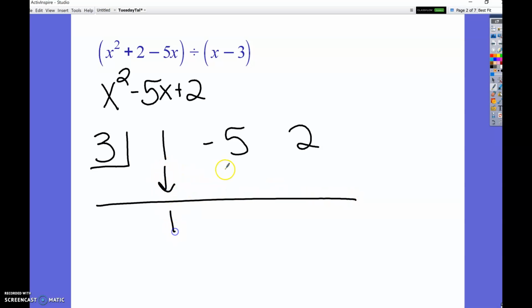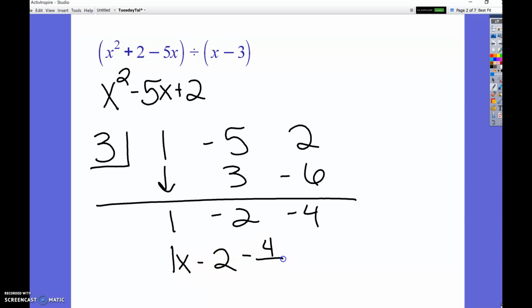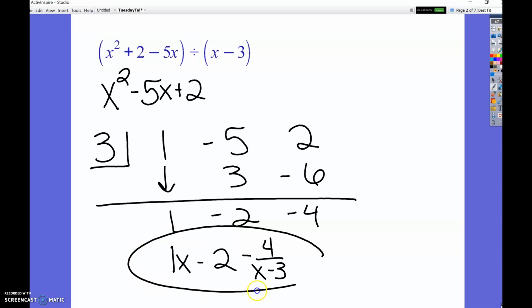So I'll drop down my 1, get 3, negative 2, get negative 6. And since this dividend was a 2 power, I'll go down to a linear power of x minus 2 with a remainder of 4 over x minus 3. And that would be our final. So make sure you have that in the right order when you start making your coefficients